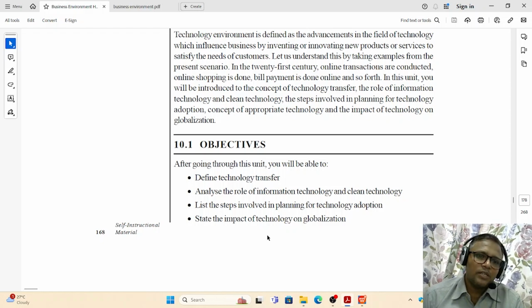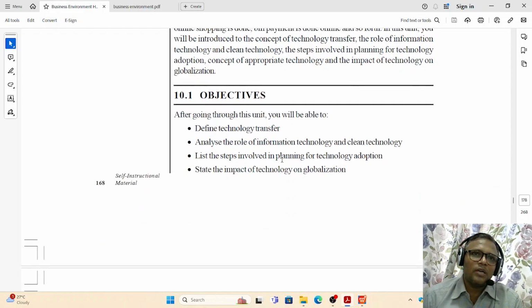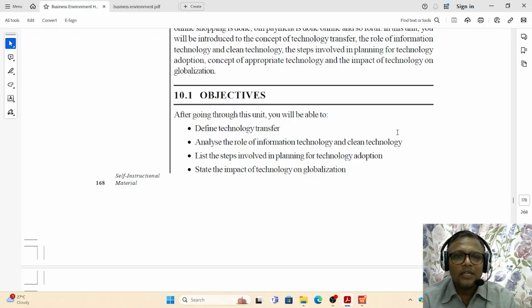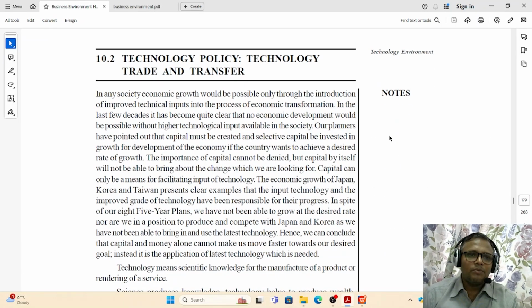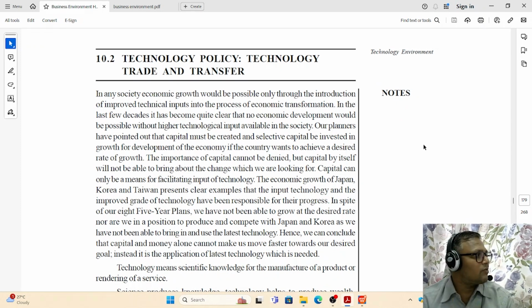Thus, the major objectives of this content are that you will be able to define technology transfer, analyze the role of information technology and clean technology, list the steps involved in the planning of technology adoption, state the impact of technology on globalization, and so on. In this part, the technology policy, technology trade and transfer,